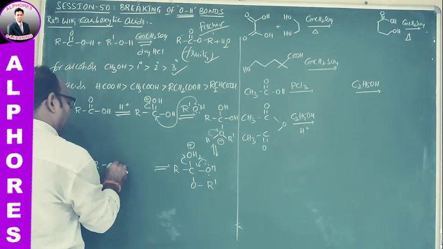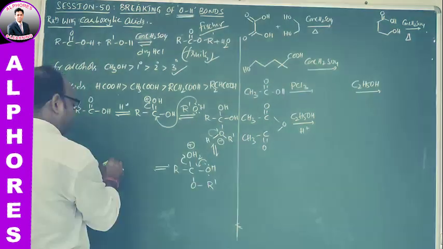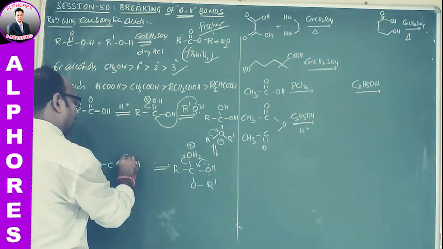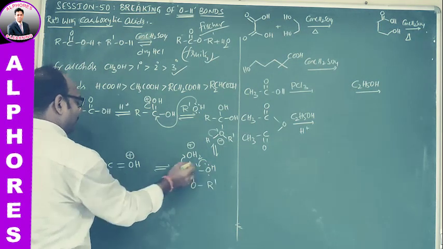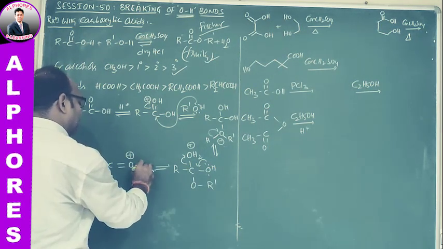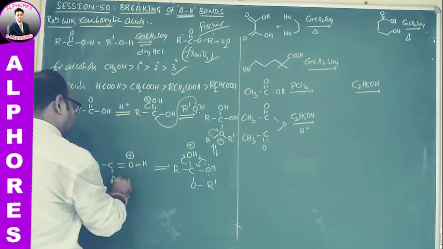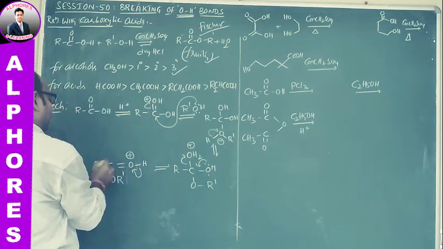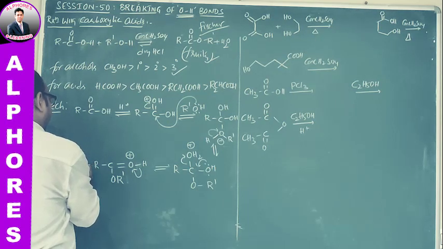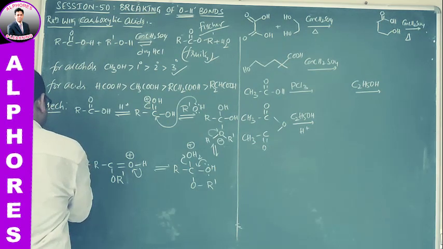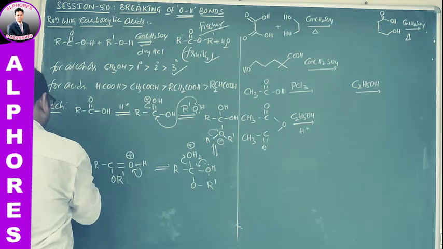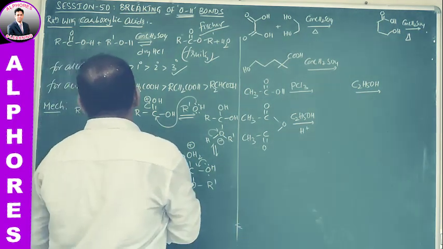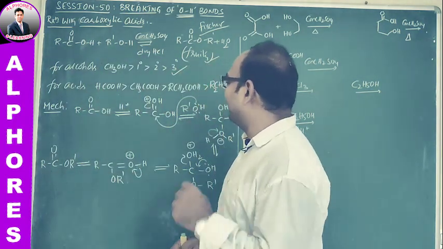We get RC, here this one leaves, and there will be a new double bond formation between carbon and oxygen. As a result this oxygen is going to bear positive charge, and here OR- remains. To compensate that positive charge, the OH bond electrons again shift, then we get RC double bond OR-. This mechanism we can confirm by keeping